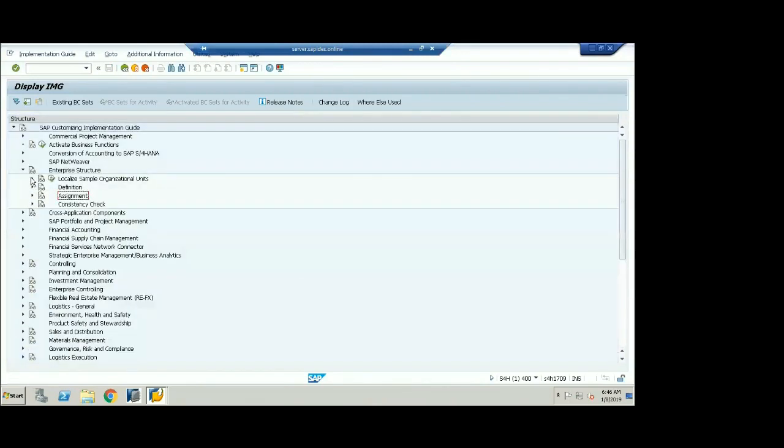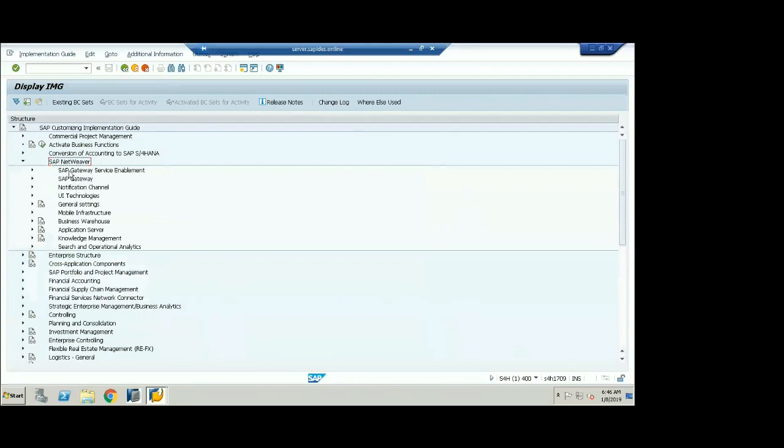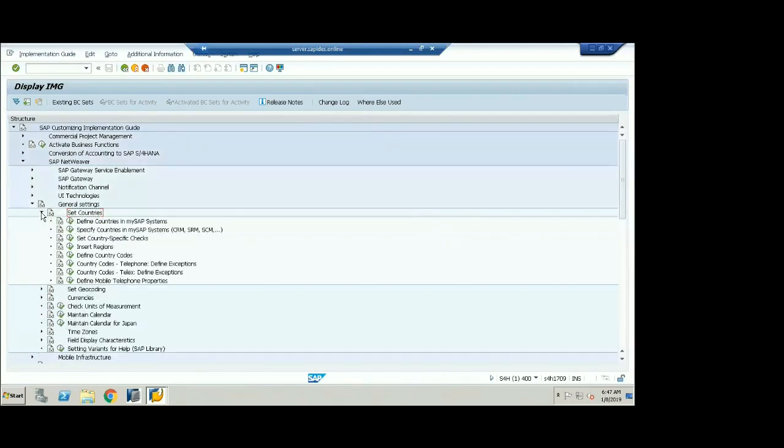So if I go to SAP NetViewer, I go to general settings. In the general settings, I go to set countries. You can see set countries. In the set countries, I see define the countries in the SAP system.